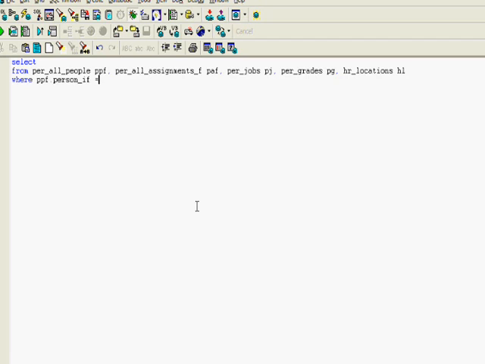And now you need conditions where person ID from the per all people F is equal to the assignment table's person ID, and sysdate should be between effective start date and effective end date, and your sysdate should also be between the per all people F and the per all assignments F, both start date